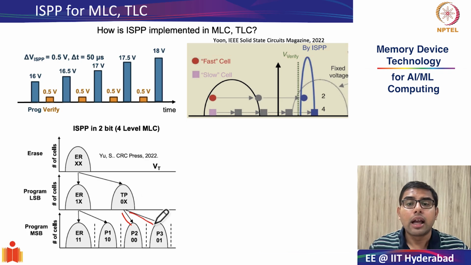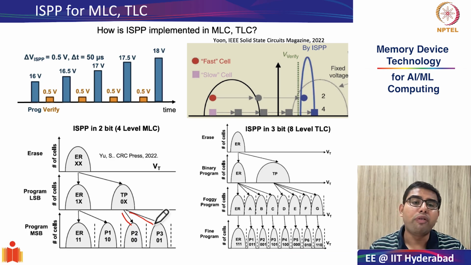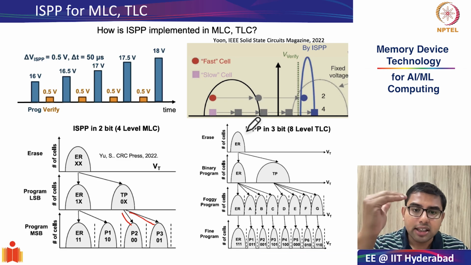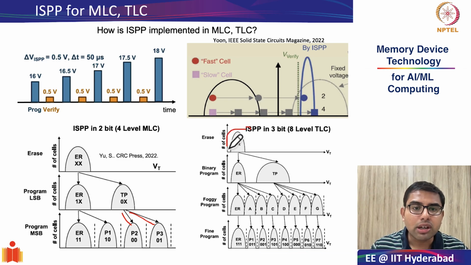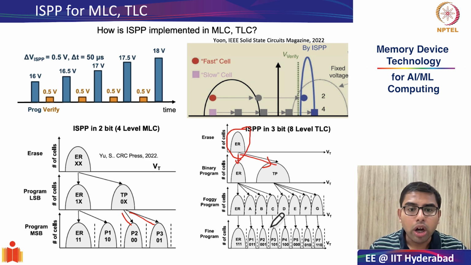Okay. A similar but not exactly same multi-stage protocol is even used for TLC. So in TLC, the protocol is slightly different. There is 3-level programming. First, you start from the erase state. From erase state, you move on to the temporary state, or you stay back in the erase state. Now, depending on what would be the final value, whether it will be P4, P5, P6, P7, you tune the temporary programming state into 4 different threshold values.